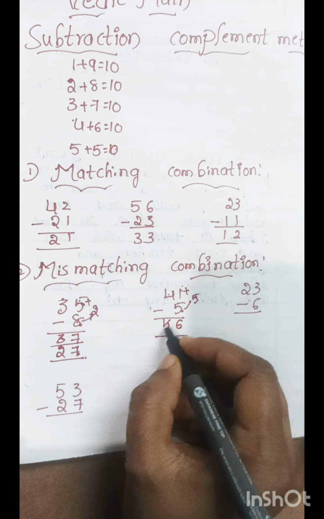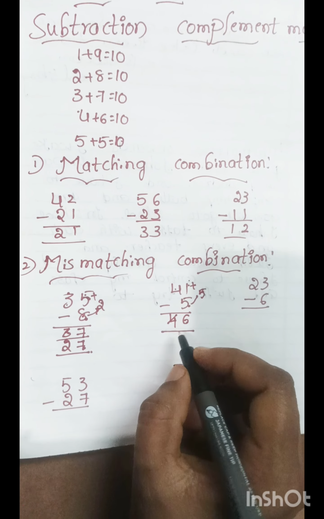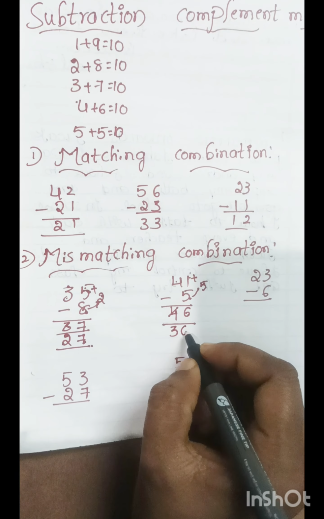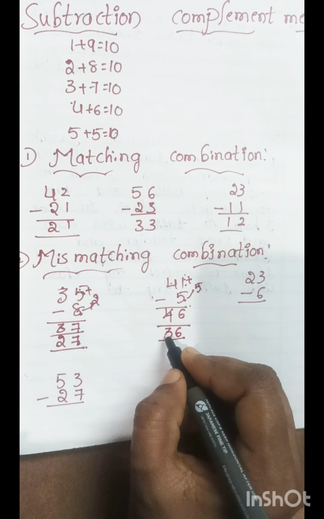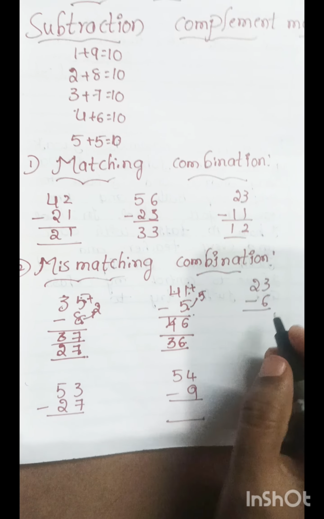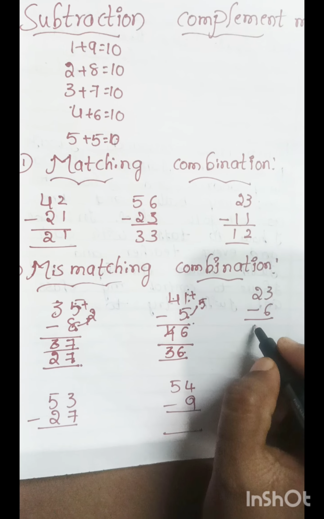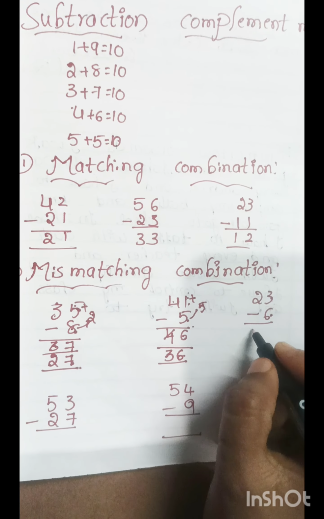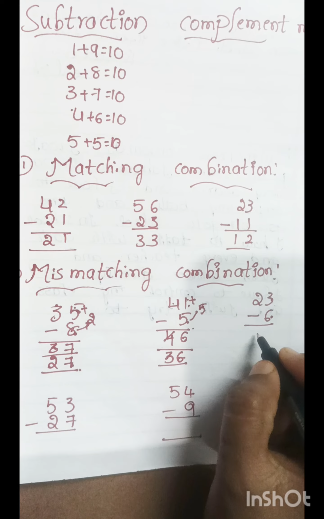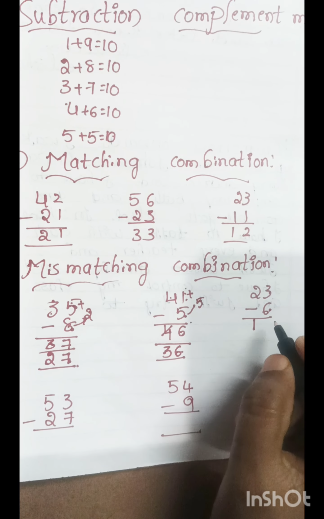So here you subtract 1 from the previous number. Why? Because this is the mismatching pair. Our answer is 36. Here we can do directly. Here you should write 1 directly. Why? Because 3 and 6 is the mismatching pair. That's why you can subtract 1 from the previous number. You should write 1 here directly. And